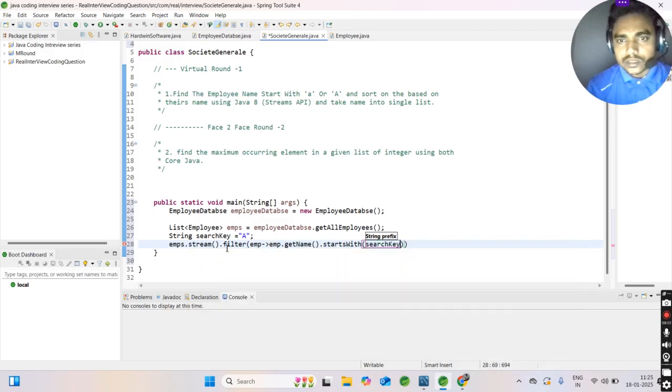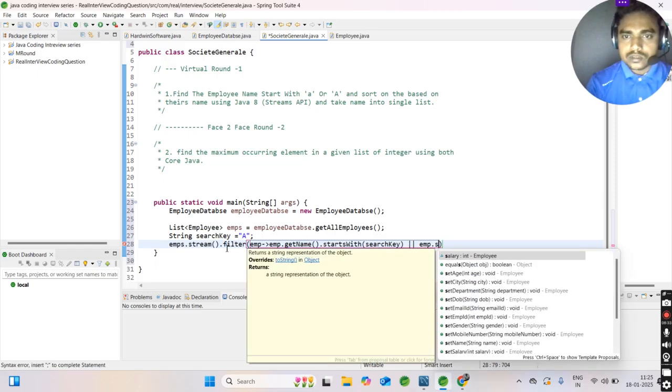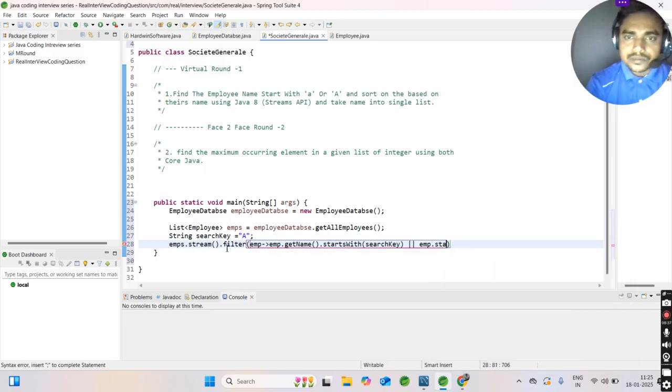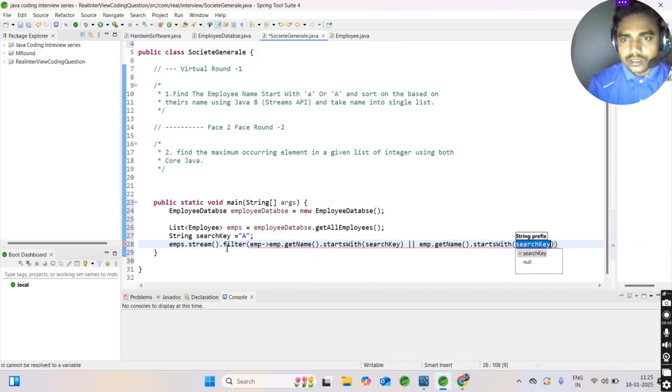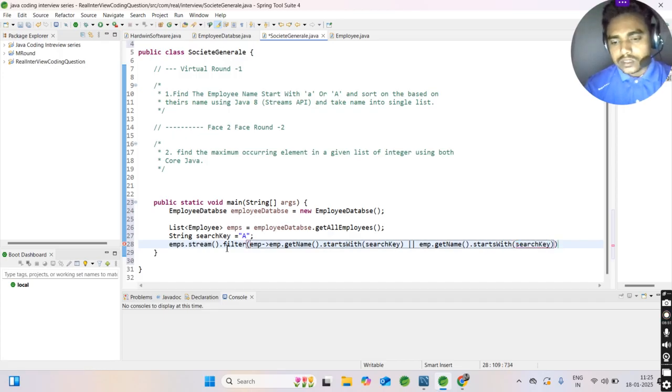Whatever we have created as the search key, use the pipeline operator, the OR operator. Why are we using it? Because we have two conditions: starts with a small a or starts with a capital A. So use the pipeline operator here, emp dot start, get name and start with search key, and convert the search key